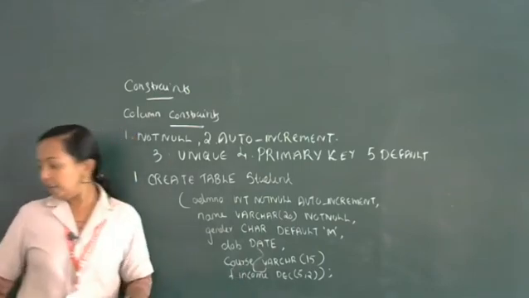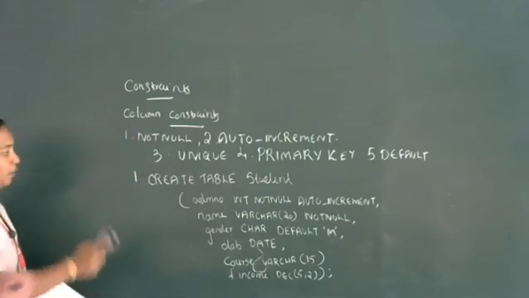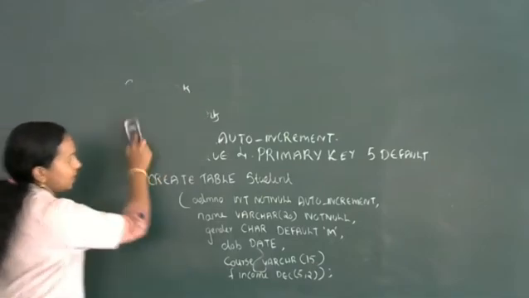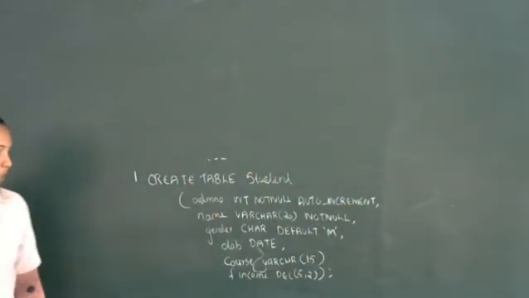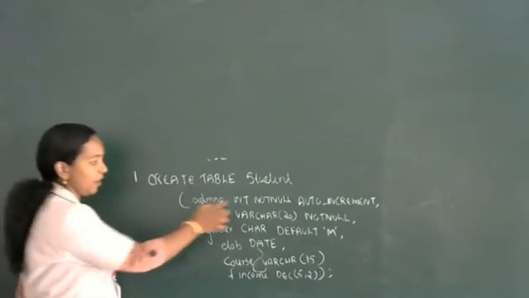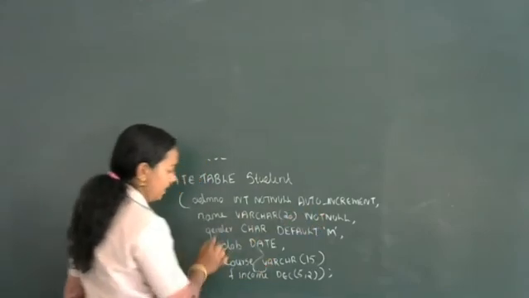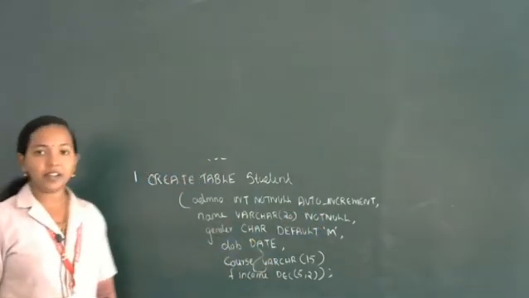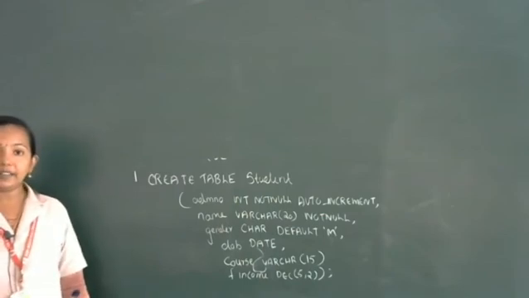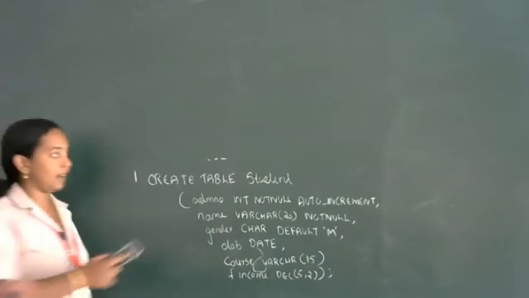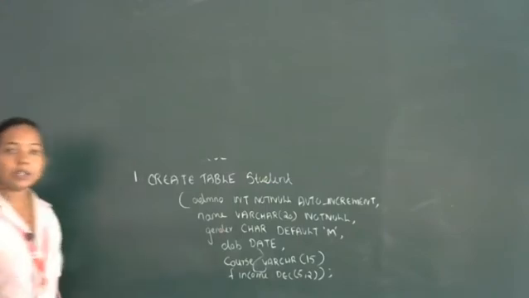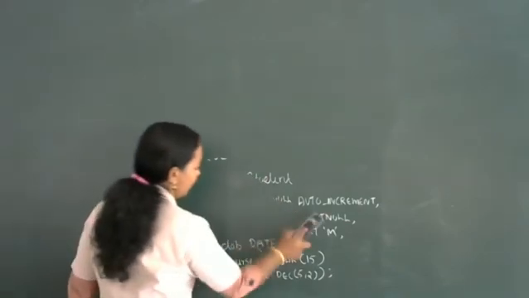Then I am going to write one more example. All these constraints I am going to use here. So this is, I think, clear. Create a table command. Admission number int not null, auto increment. Then name should not be empty. Gender default value is M. Date of birth date. Then course varchar, F income DEC. Once it is over, close the parenthesis and semicolon. So all the column constraints I inserted. Next I am going to write one more example. So here it is, the student table.